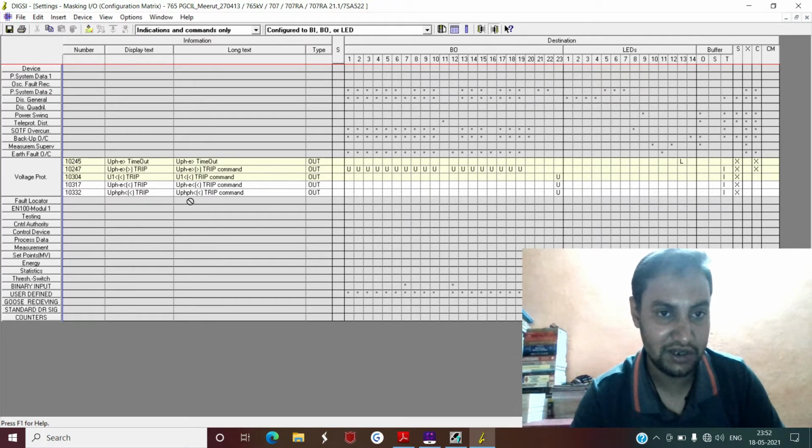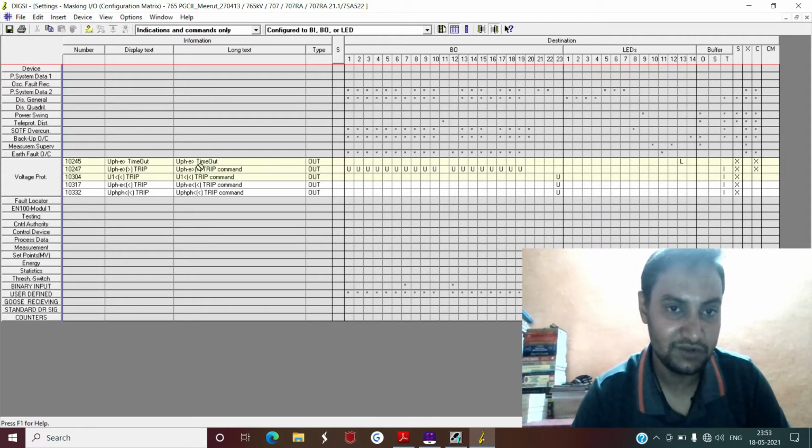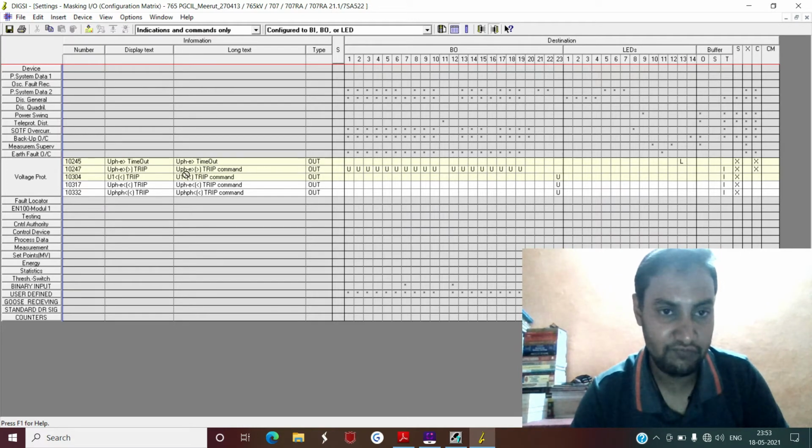And when you see U phase to E with a less than symbol, that means it is an under voltage. Again, here you have U phase to E with one greater than and another greater than inside this small bracket. This means this is over voltage protection phase to earth, and one is for stage 1. If the second is also available, that means stage 1 and stage 2 both, and this is for trip command.